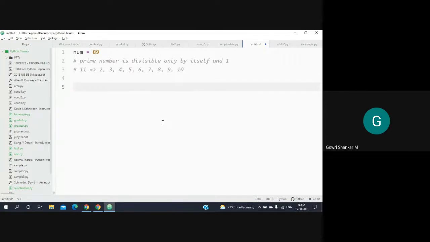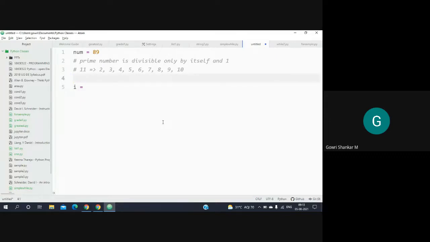So the same logic, we will try to do it in a while loop. Let us keep an I value, and I am going to start with 2. The reason why I am starting with 2 is that any number is divisible by 1. Then I have to check whether it is divisible by 2, is it divisible by 3, is it divisible by 4. Like this you go on until you reach that number.